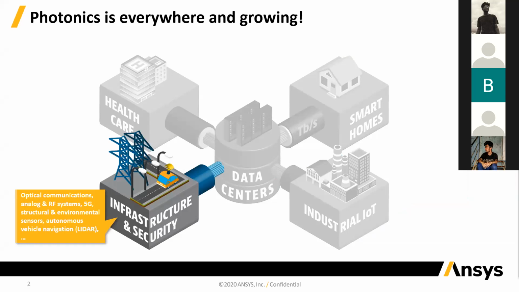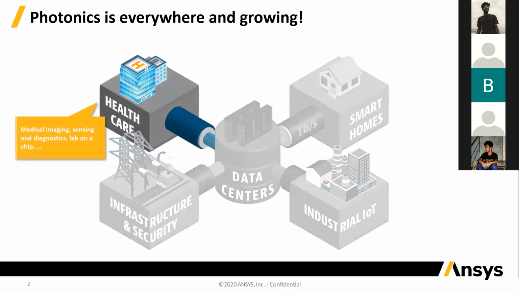In infrastructure and security communications, in 5G, there's a lot of talk around 5G these days, and the key to enabling 5G, that high bandwidth, photonics would be a critical piece there. It's already playing a critical piece there. And autonomous vehicle navigation is a very hot topic these days. Everybody is interested in that, and that's the future. And the LiDAR that you use in these vehicles, that's also driven by photonics.